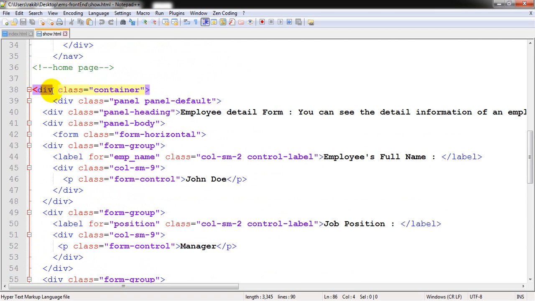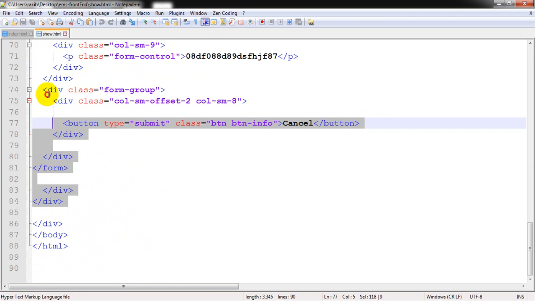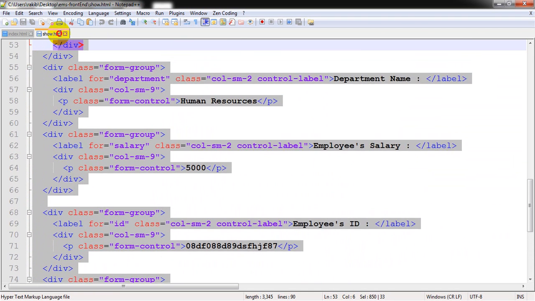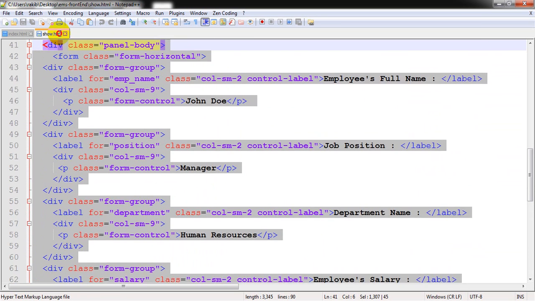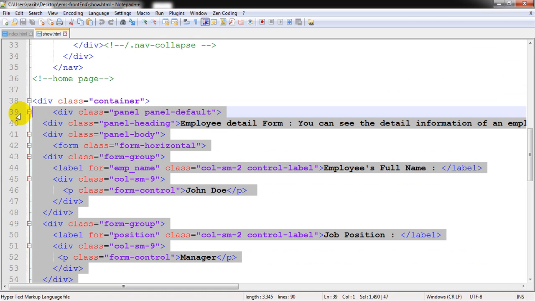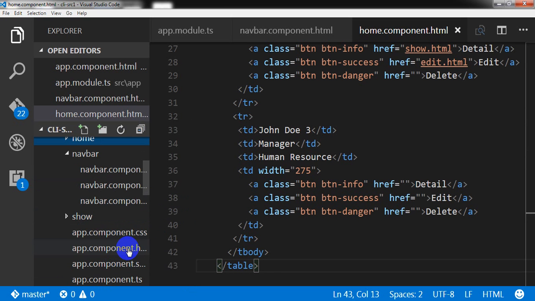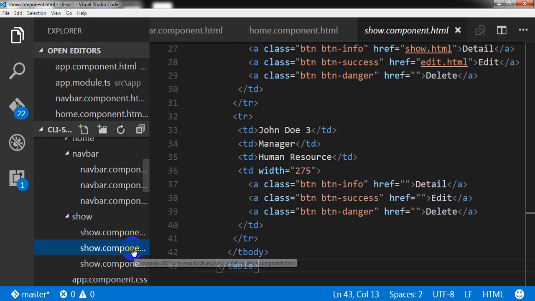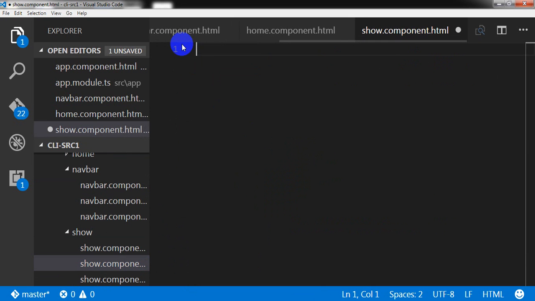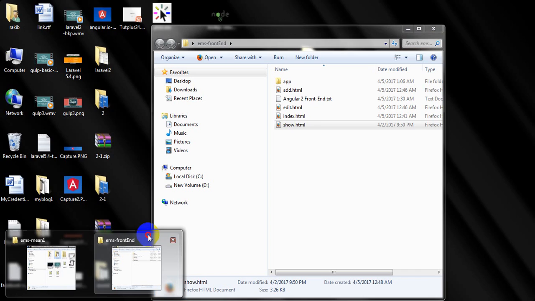Let me check it out. Container the panel. Okay. Panel into show here and save it, and also